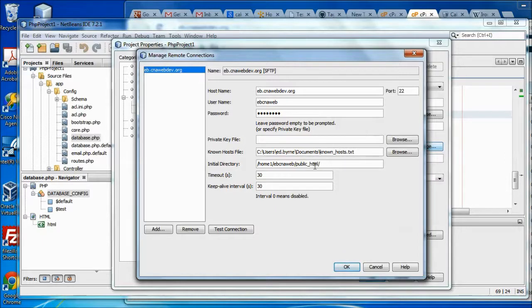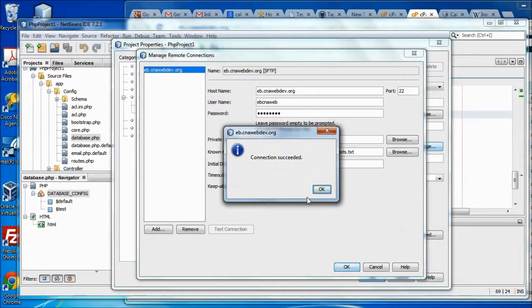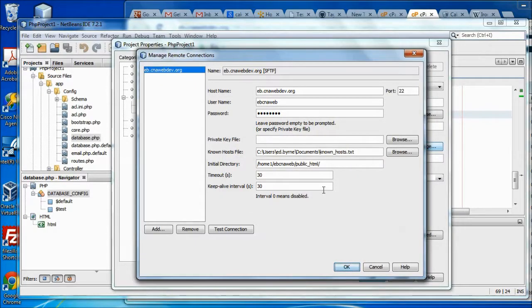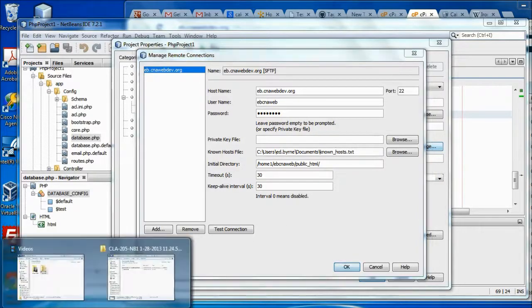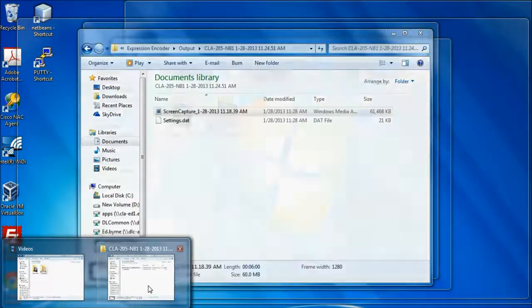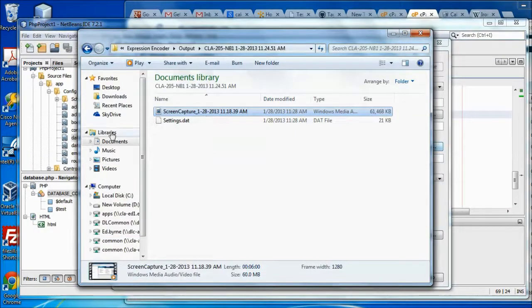That's going to be my initial folder for where this is going. And next thing I want to do is I want to test my connection. My connection succeeded. Good. The very first time you go to do this, what you'll find is that you'll get a warning message. I'm actually going to show you that warning message because I'm going to come over here, wrong spot,